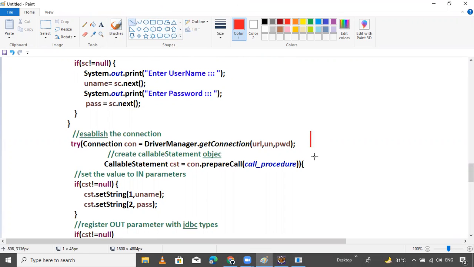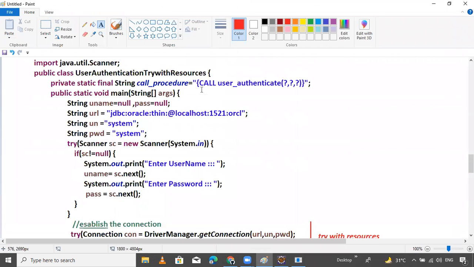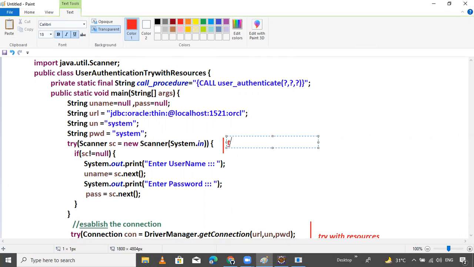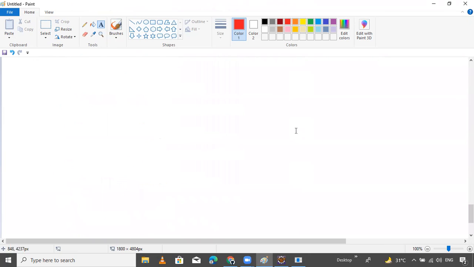This one is also try with resources. And here, this one is also. Try with resources. That's it. Now this is a simple modification.